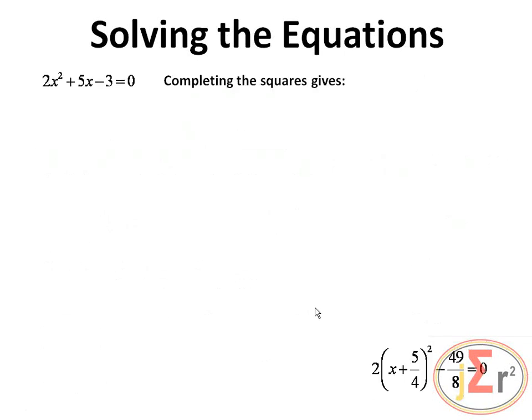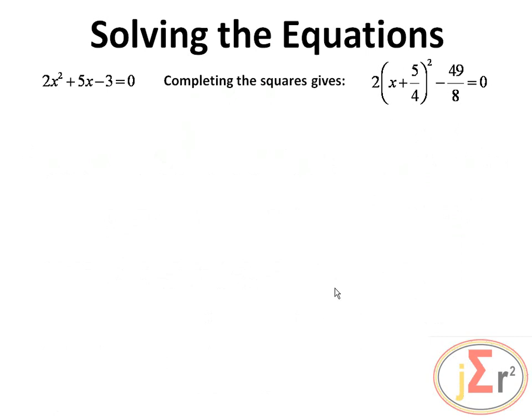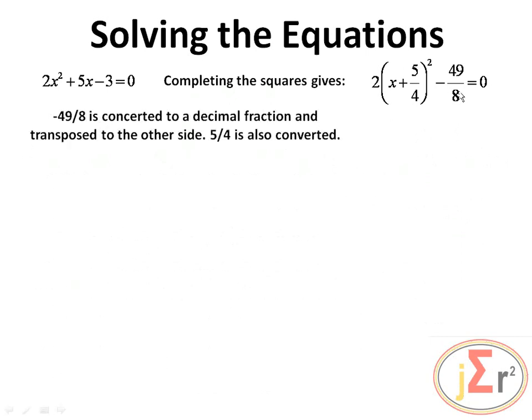Another problem on which a square has already been completed, and we are going to transpose and solve our equation. Of course, this negative 49 over 8 is there, so we're going to put it to the other side, transposing as a positive 49 over 8. And of course, we need to do what it takes to get rid of this square, this 5 over 4, and this 2. However, before progressing, we may write all of these fractions as decimal fractions, and that's what we